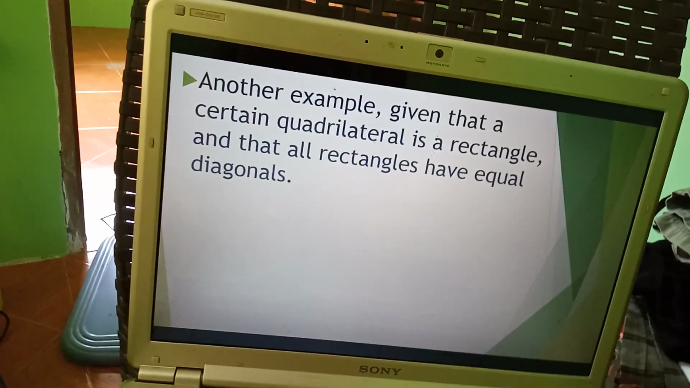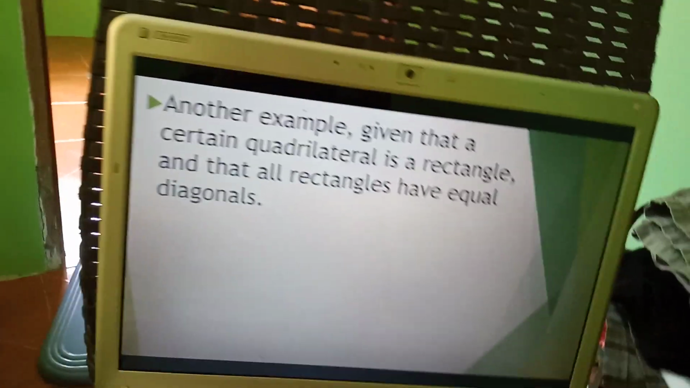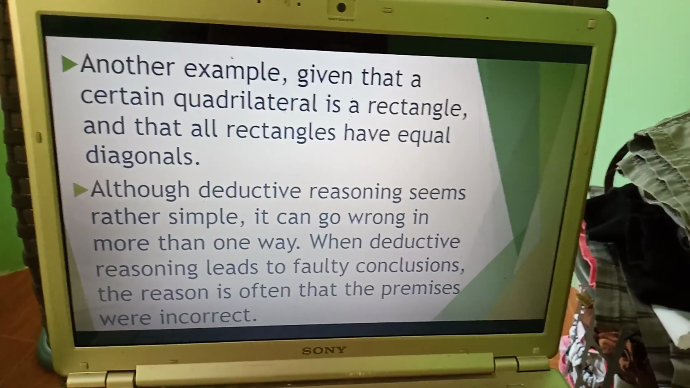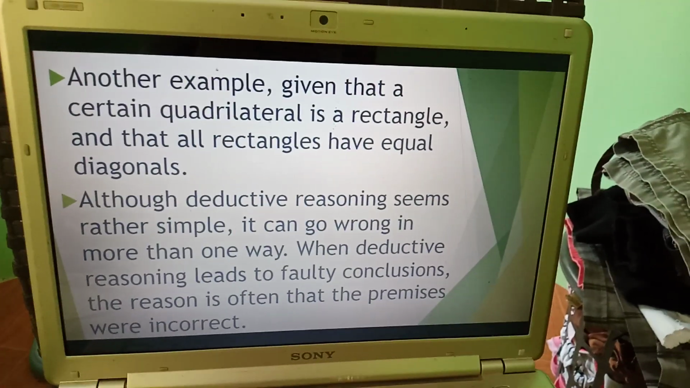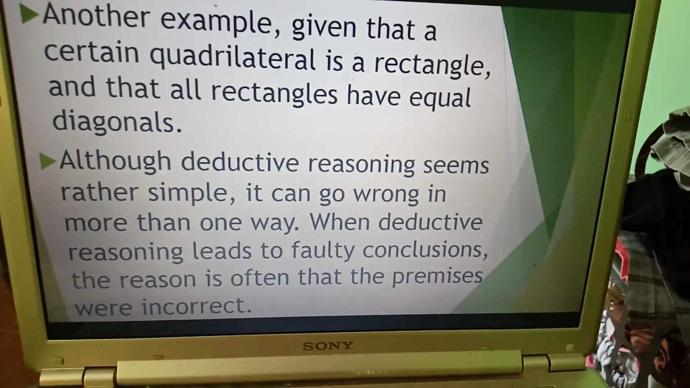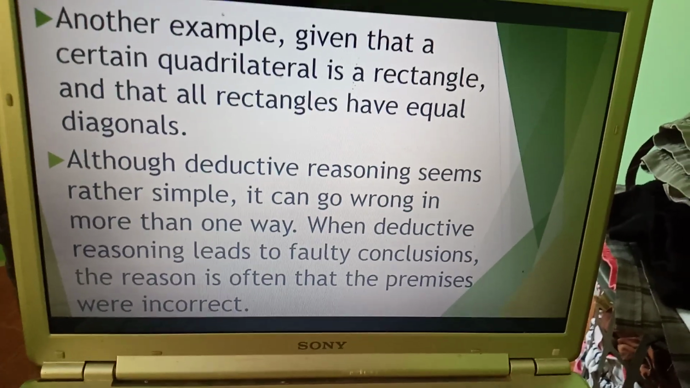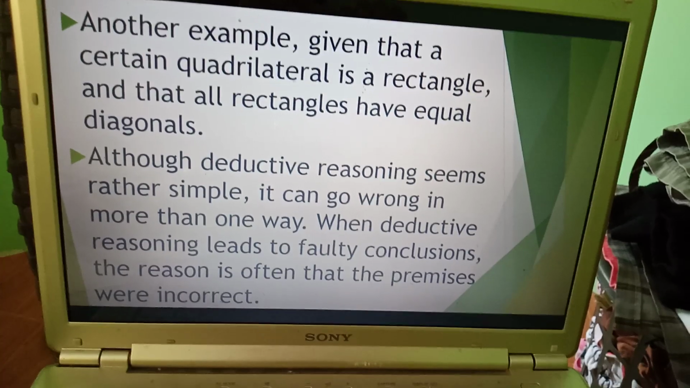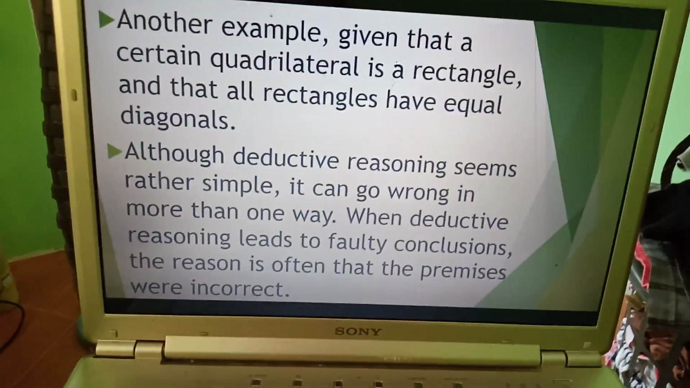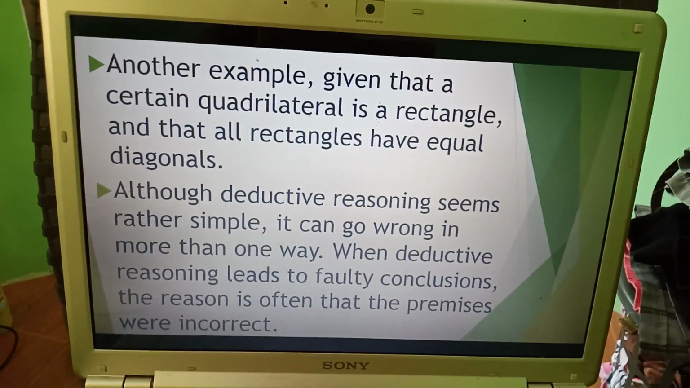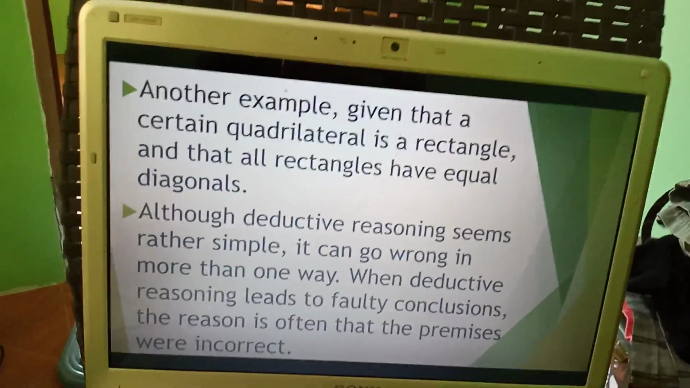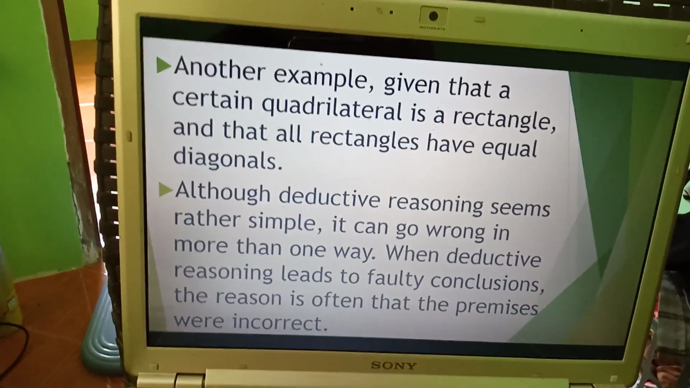Okay, so, although deductive reasoning seems rather simple, it can go wrong in more than one way. When deductive reasoning leads to faulty conclusions, the reason is often that the premises were incorrect. So, minsan, nagkakaroon din ng parang pagkakamali dito. For example, let's have